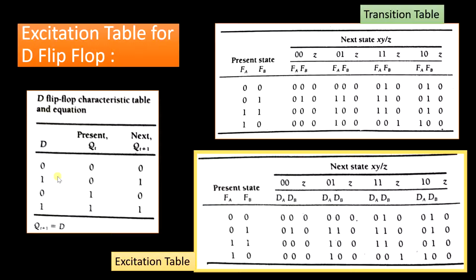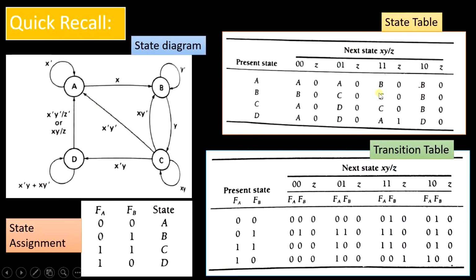So from this, what we understand is that once the changes in the flip-flop outputs are known, the next step is to determine the excitation inputs needed to cause the desired flip-flop output changes. Now, to obtain the excitation table for the D flip-flop, what I'm considering is the transition table for the state diagram that I have previously considered.